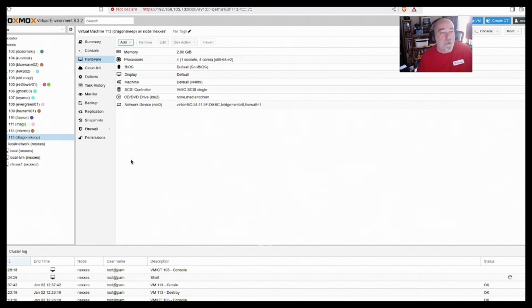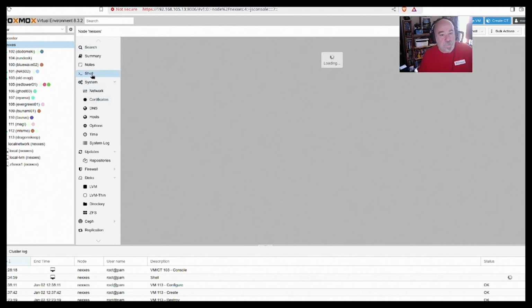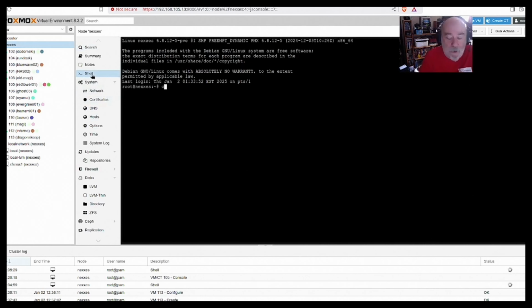All right. So the next thing I'm going to do, and forgive me, I have notes over here that I'm looking at. So the next thing I need to do is I need to bring in that QCOW that I converted over. And we're going to have to go into our Proxmox shell. Okay. And we're going to go ahead and we're going to go to our storage. And you don't have to, because if you know it off the top of your head, you can. But I just want to show you that